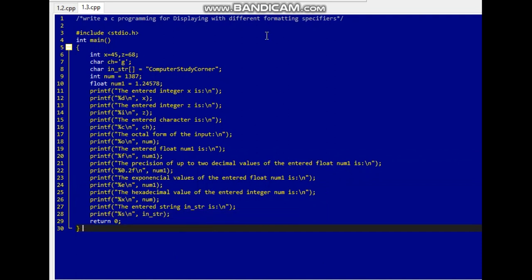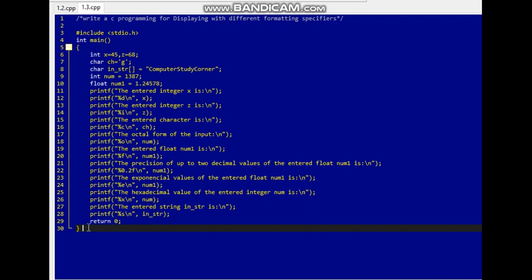So the different formatting specifiers used here are: for integer we are going to use %d, %i, for character %c, for octal value %o, for float value %f, for precision with 2 decimal values of float value we are going to use %0.2f, the exponential value %e, for hexadecimal we are going to use %x, and for string %s.